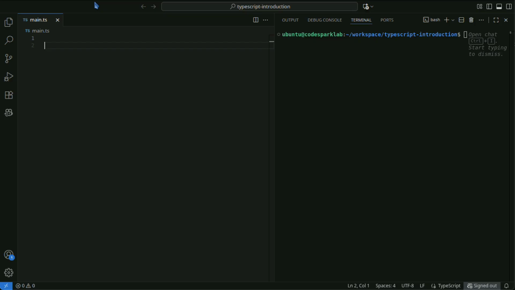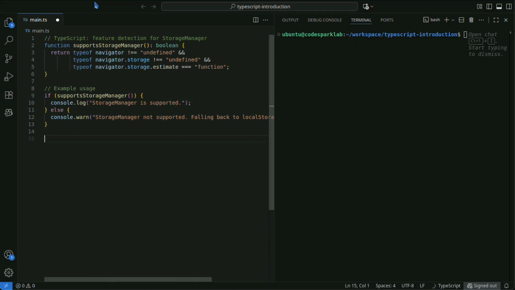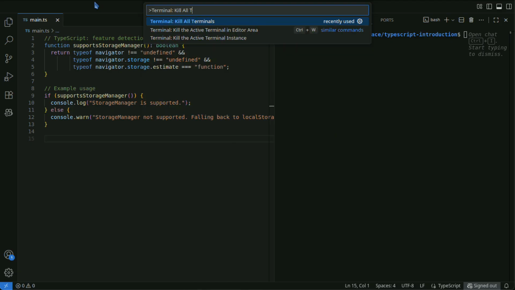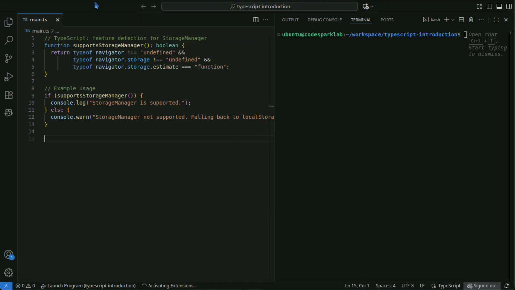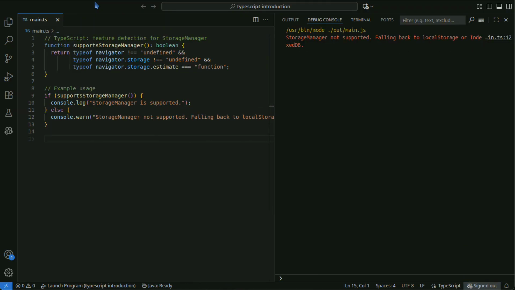First, check whether the browser supports navigator.storage. This function checks the availability of the Storage Manager API in stages.